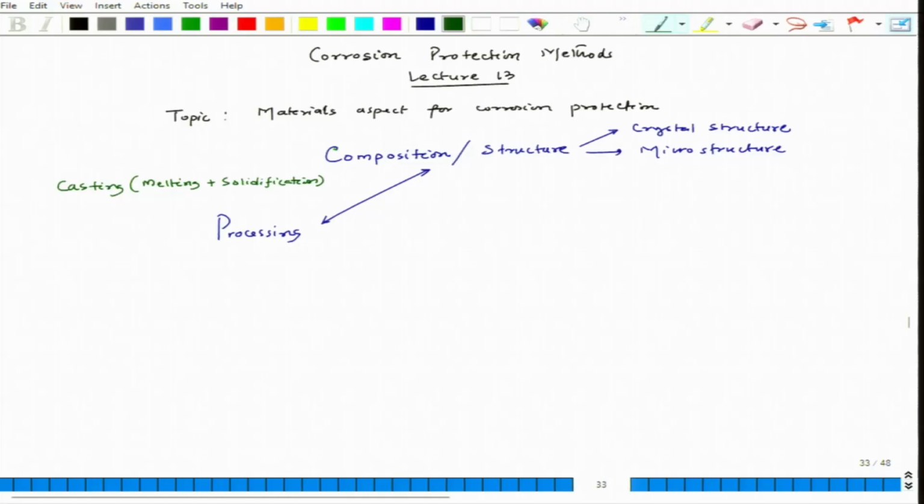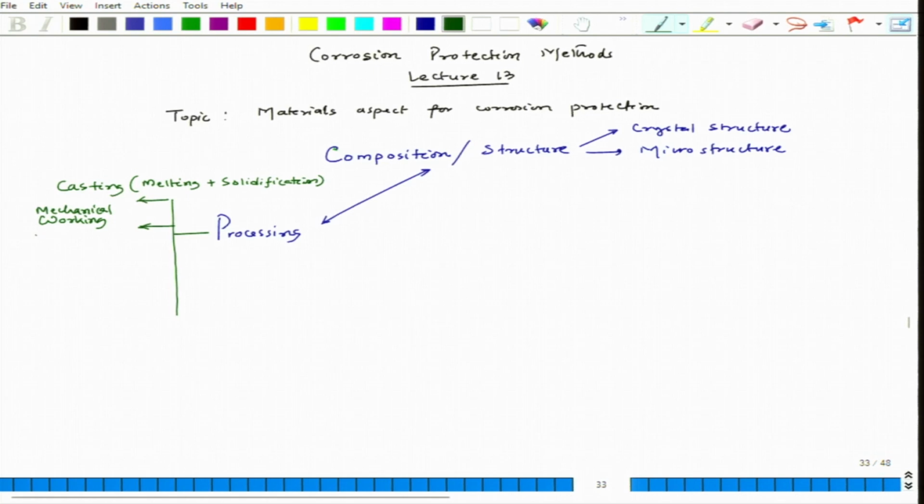Okay. So, you could see that just by changing the processing, we are getting different structures, and all those structures would have different corrosion behavior or electrochemical behavior. So, the casting part is considered here. So, that means we have casting, then we have working, and working means I am talking about mechanical working,